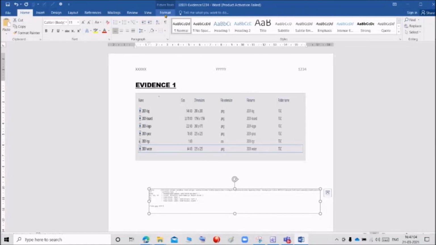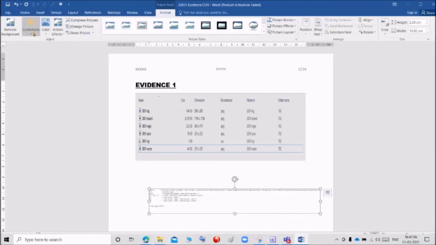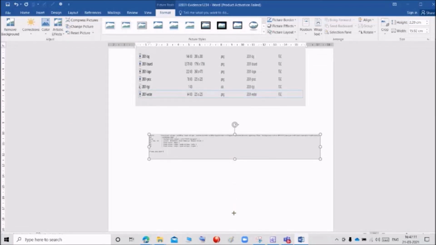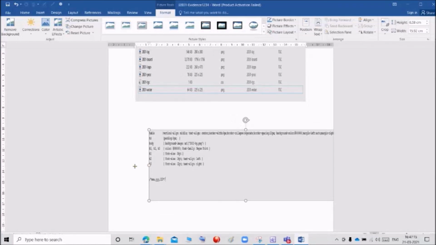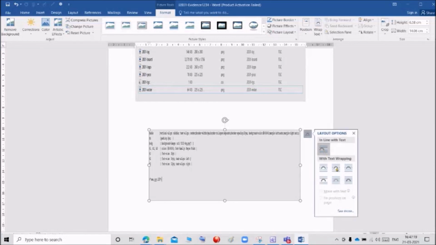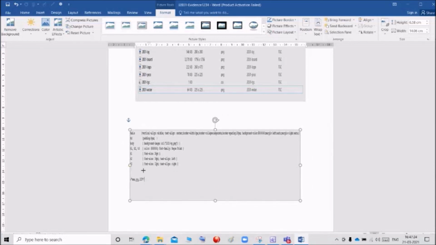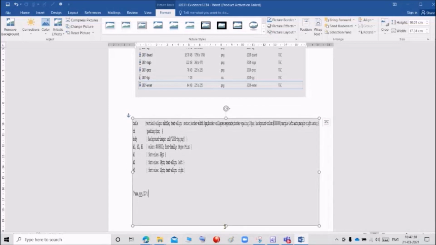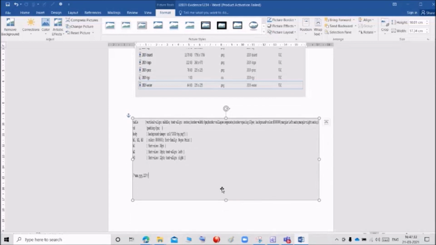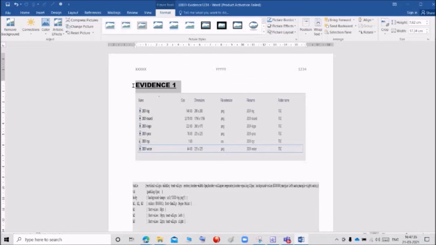Go to the format and you can give the correction. Little bit bright. You can change the image, right background image, and you can give the evidence too.